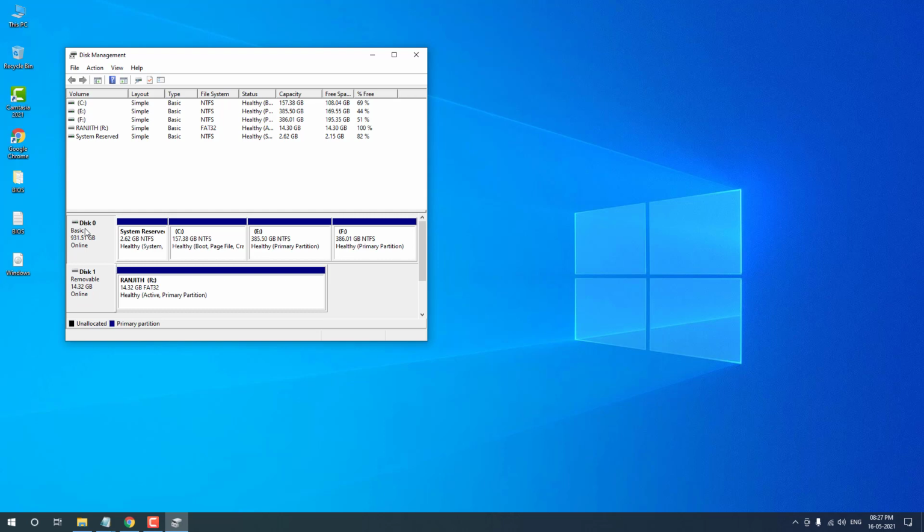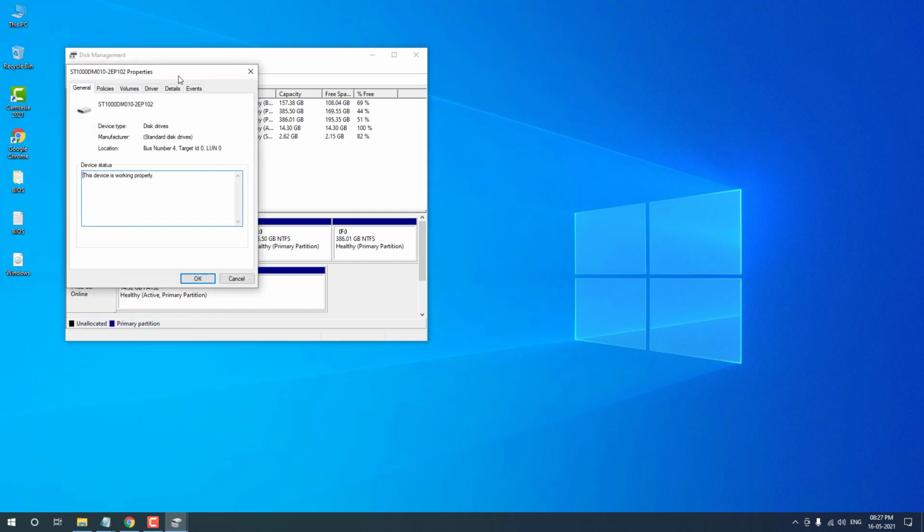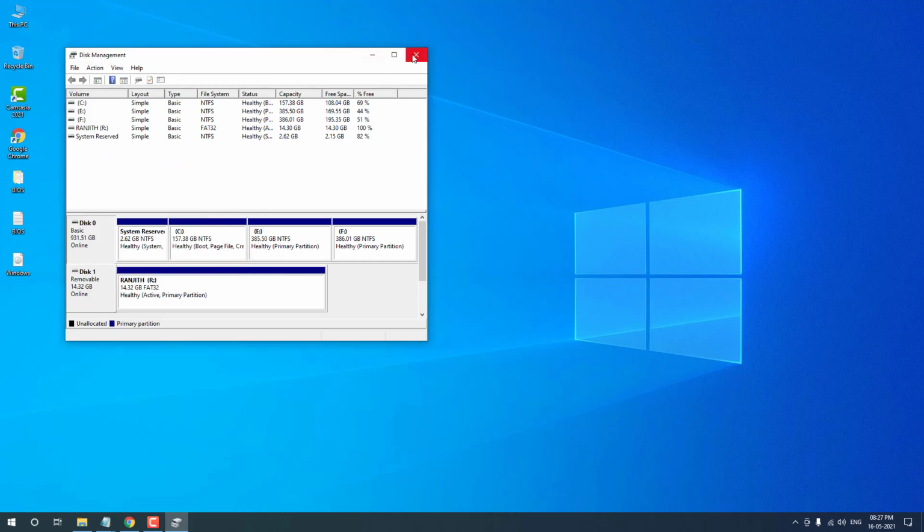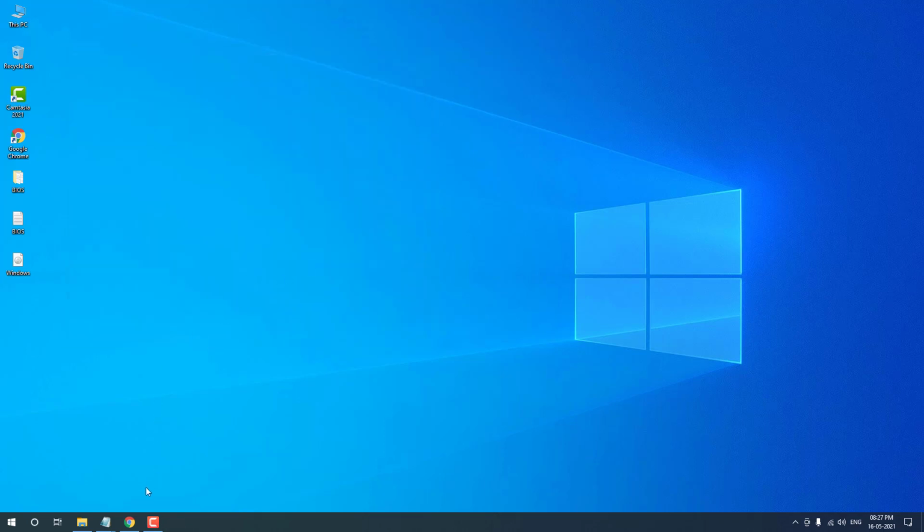I right click disk 0, my hard disk, then click properties. It will open a new tab. Navigate to the volumes tab. You can find that my partition style is master boot record, which means MBR. It is an important step. You have to check your partition style for the system you are going to change the OS on. Then I close this window.